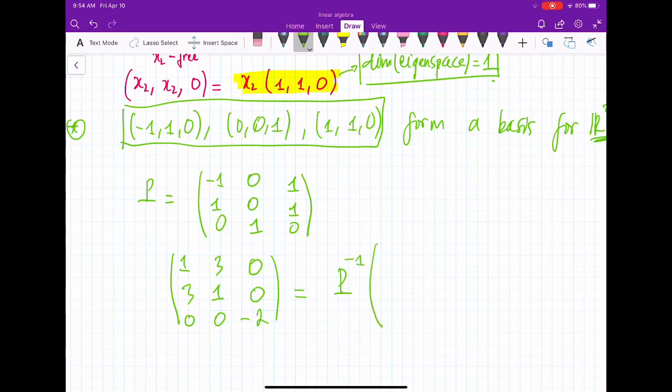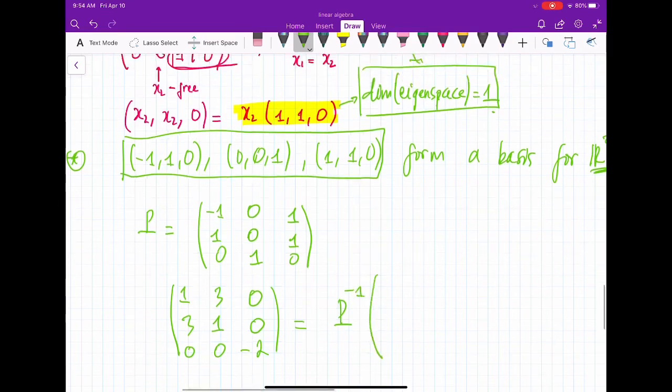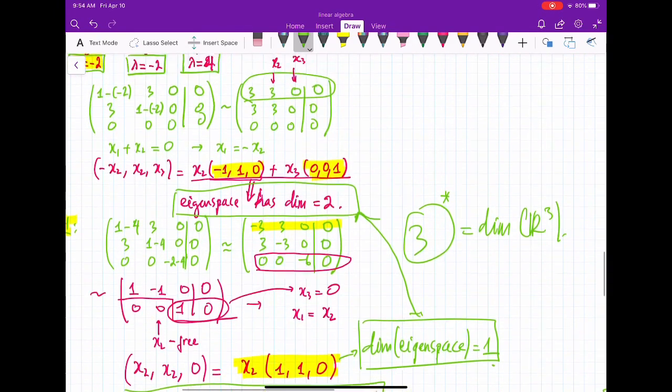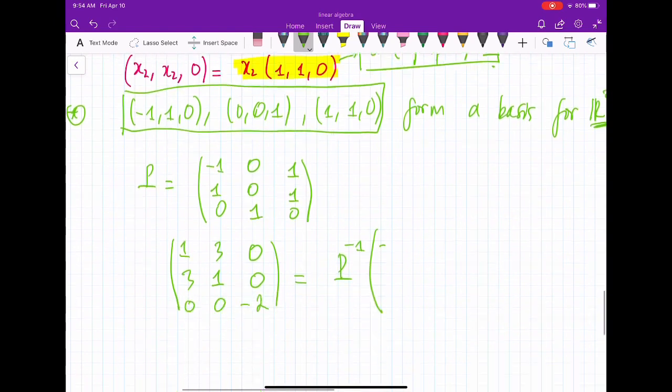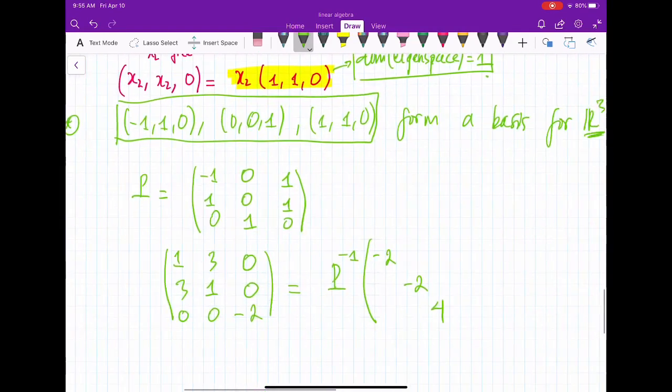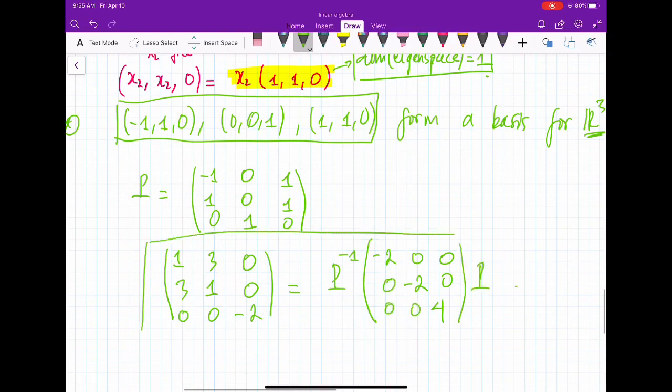The diagonal matrix will be negative 2, yes, negative 2, negative 2, and 4, right? The last one is 4, yes. 0, 0, 0, 0, 0, 0, and here P inverse. If we can verify this,